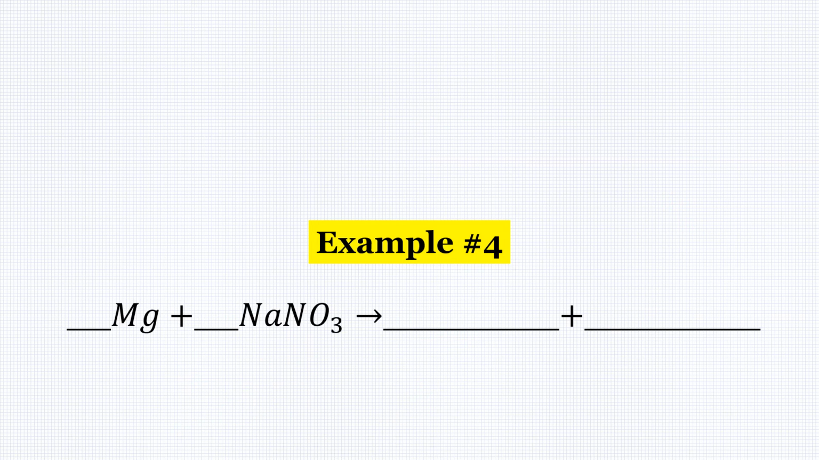All right, here is our last example. We have magnesium. Magnesium has a charge of +2. We have sodium, +1. And then we have a polyatomic. So NO3 has a charge of -1. So the only thing that's going to combine is going to be our magnesium and our polyatomic. Okay, so when we combine these,